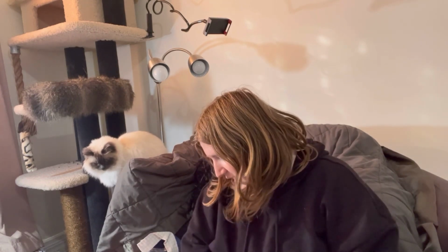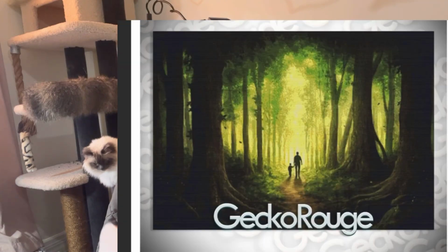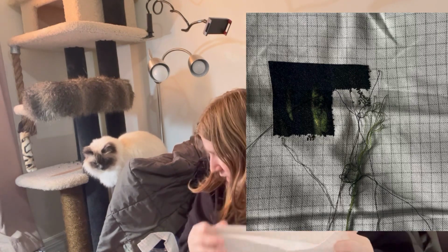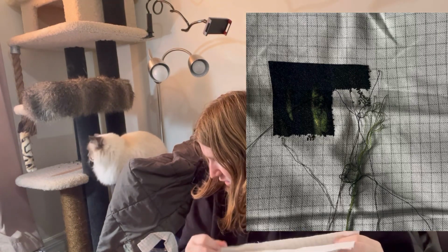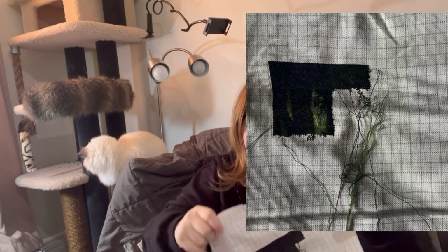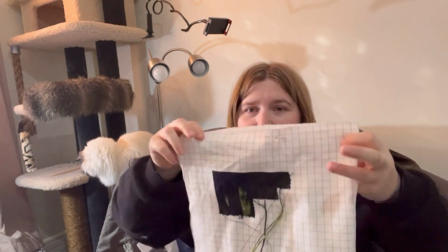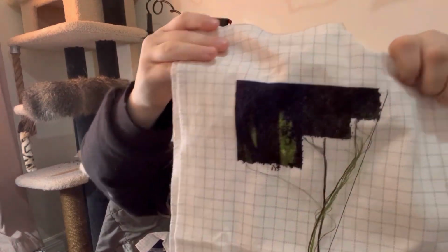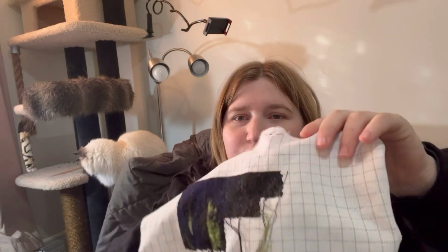The next piece I have is Stitching for God. This is a Gecker Rouge pattern, and it is based on the artwork by Jonas Jodike, and this is stitched on 25 count 1/1 as well. This one got 1241 stitches on it, and it's starting to come along. So it's still really hard,